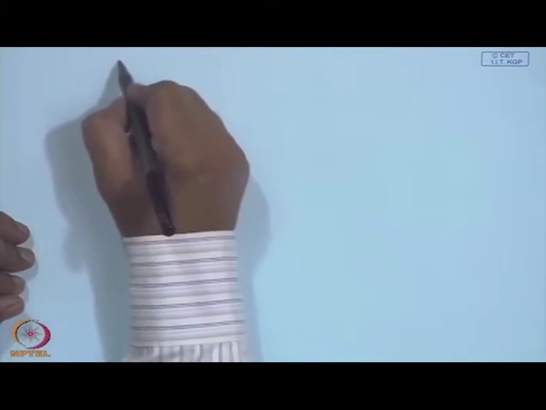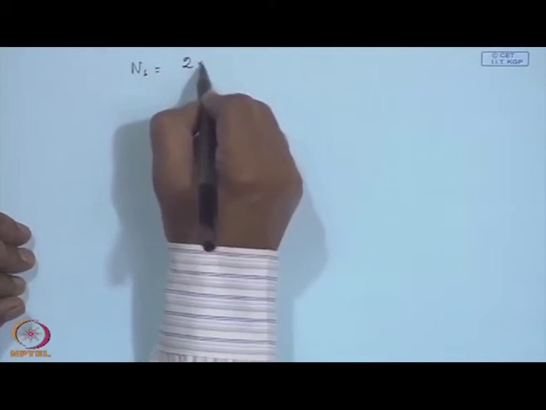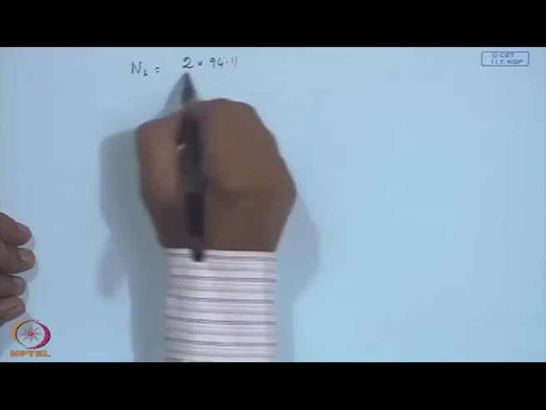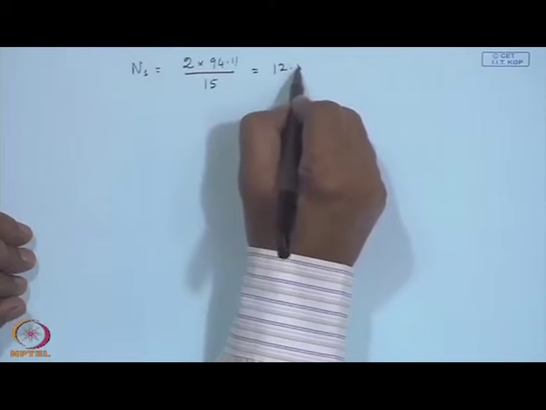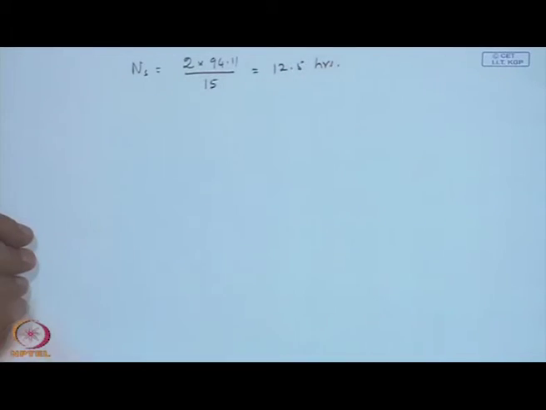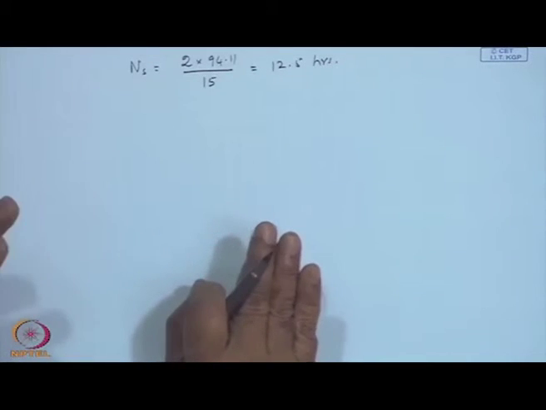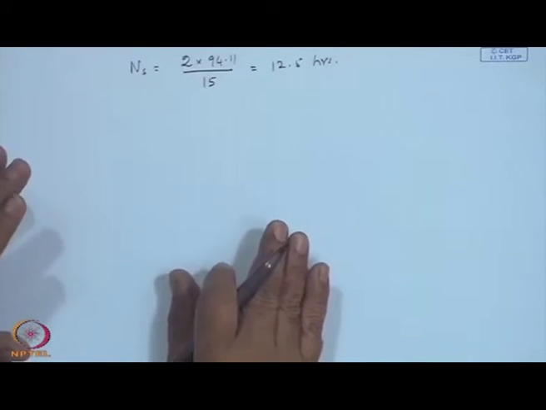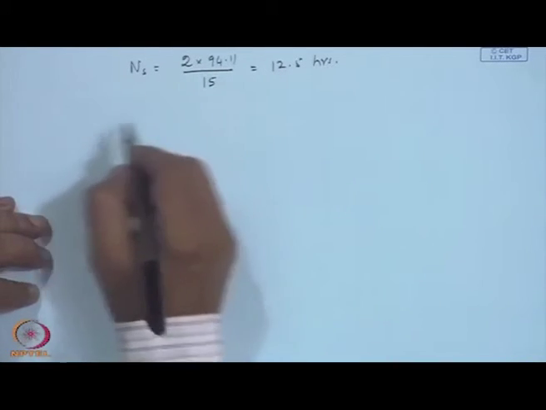So, sunshine hours n s will be twice 94.11 by 15, that is equal to 12.5 hours. Okay. So, here a decimal is a decimal. 12.5 hours means 12 hours 30 minutes. And second case